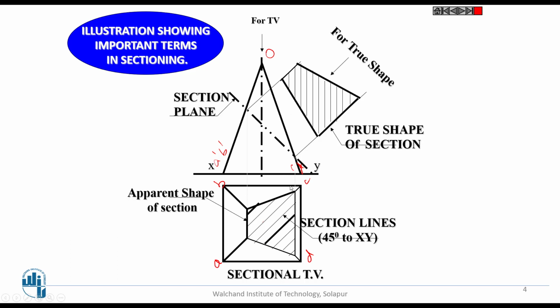If you want point number 2, this is 1 and this is 2. For point number 2, this projector line cuts the xy line here. Measure this distance with the compass, keeping the compass here, take this distance, bring that compass, keep it here, then cut it this way. You will get this as a point. Similarly, you can find another point, one more point.